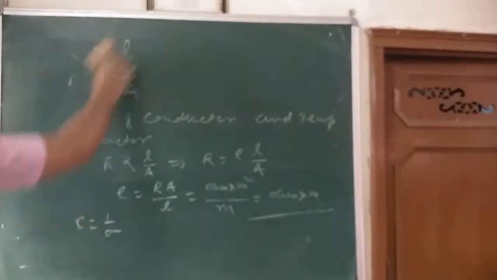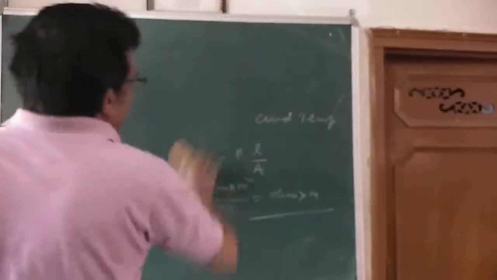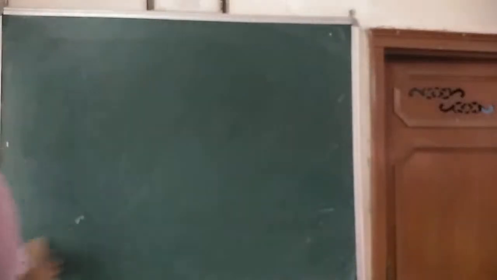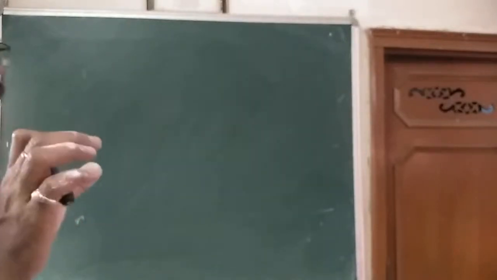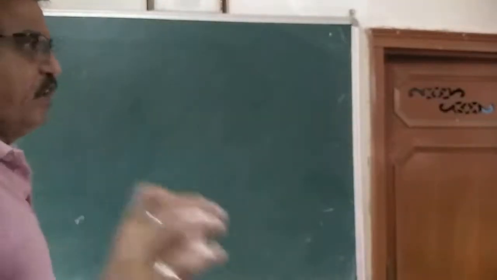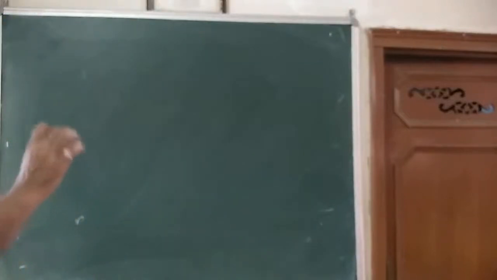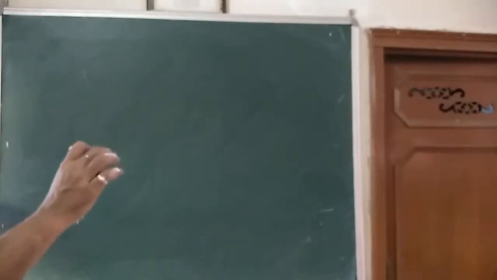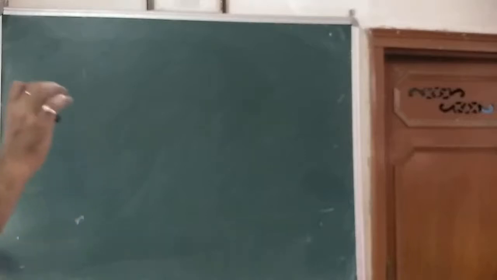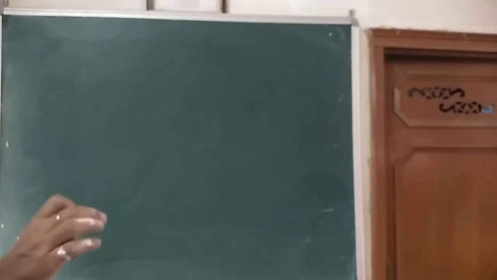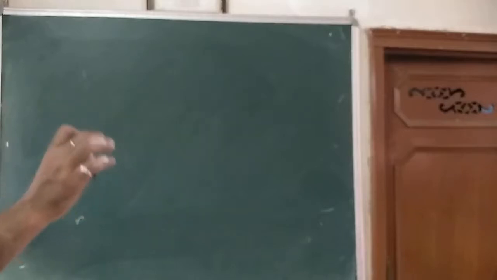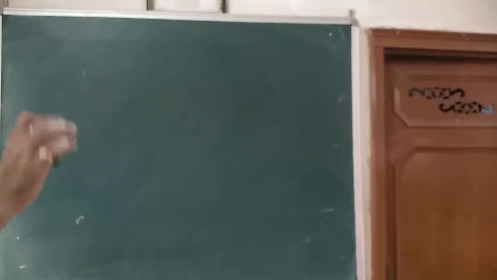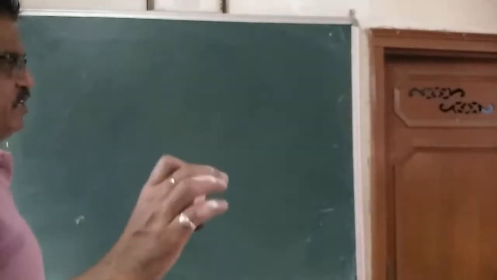One more thing, the electrical resistivity of an alloy like that of manganin. Manganin is an alloy which is a mixture of copper, manganese and nickel. And another alloy is Constantan, which is a mixture of copper and nickel. So the electrical resistivity in an alloy is very high, so they may be used as a standard resistance.